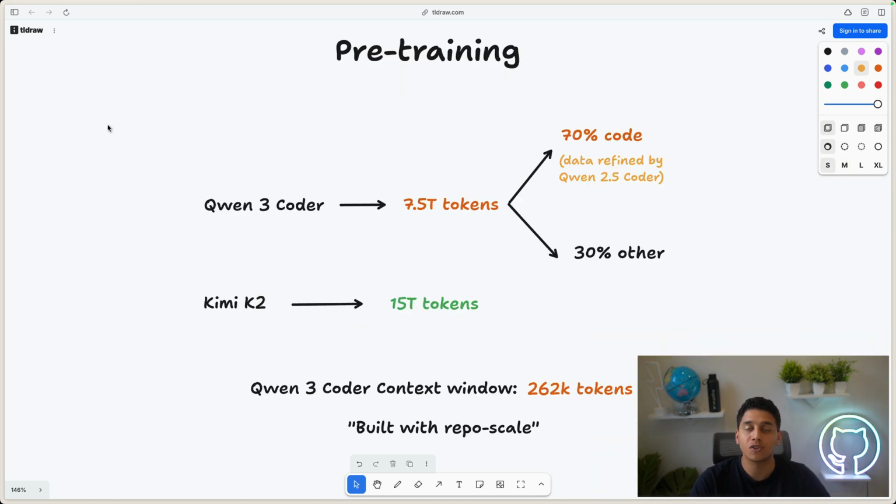Let's talk about how this model was trained. Qwen 3 Coder was trained on 7.5 trillion tokens of data, which is about half of Kimi K2 at 15 trillion. And 70% of this data was actually code versus 30% just being other forms of data. What's also cool about this model is that a lot of this data, a lot of this code specifically, was refined by the previous generation, Qwen 2.5 Coder, where it kind of assessed the best code to use to